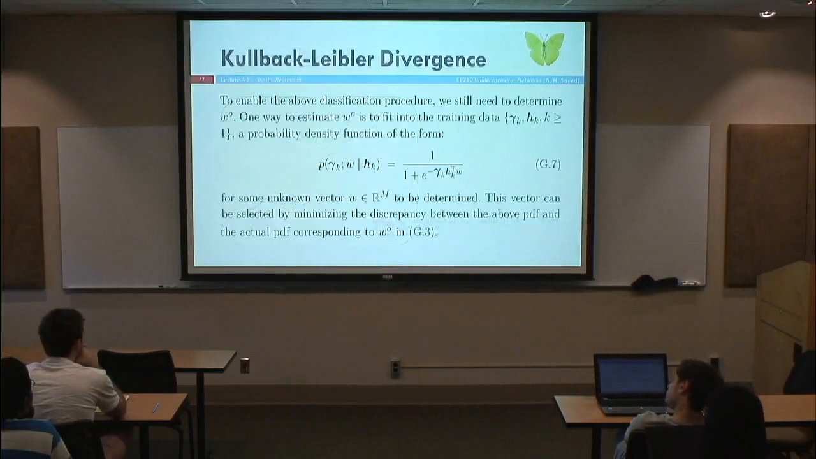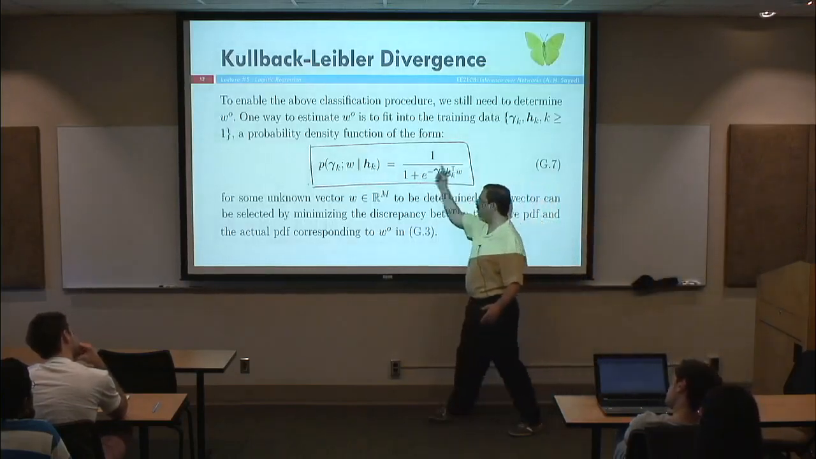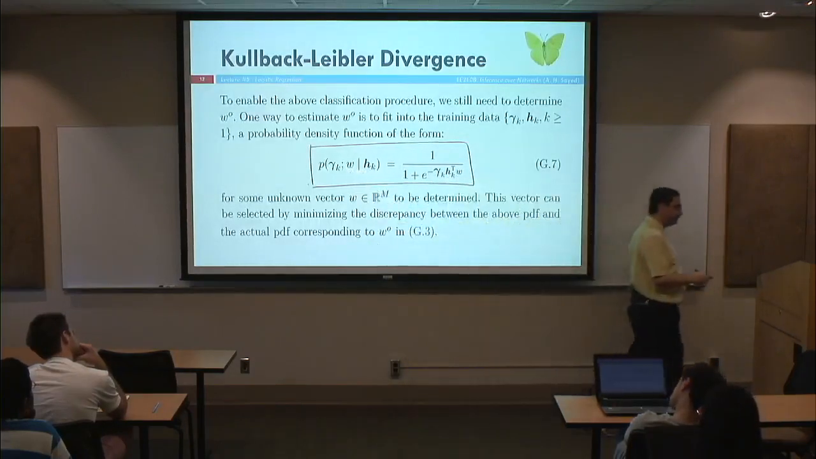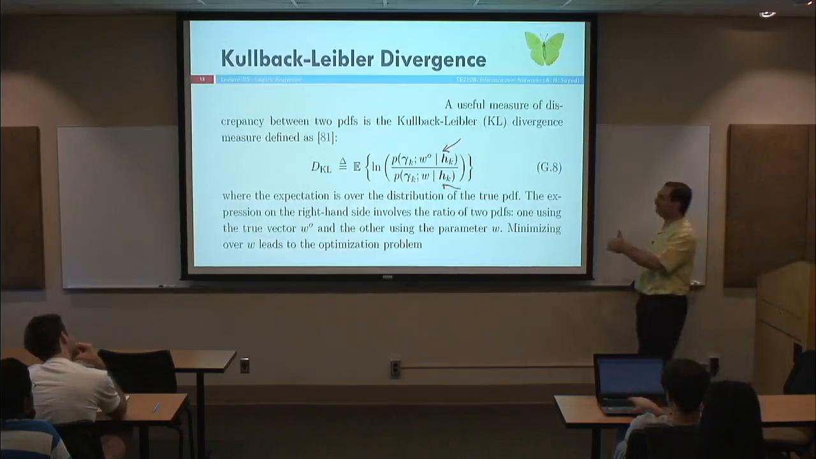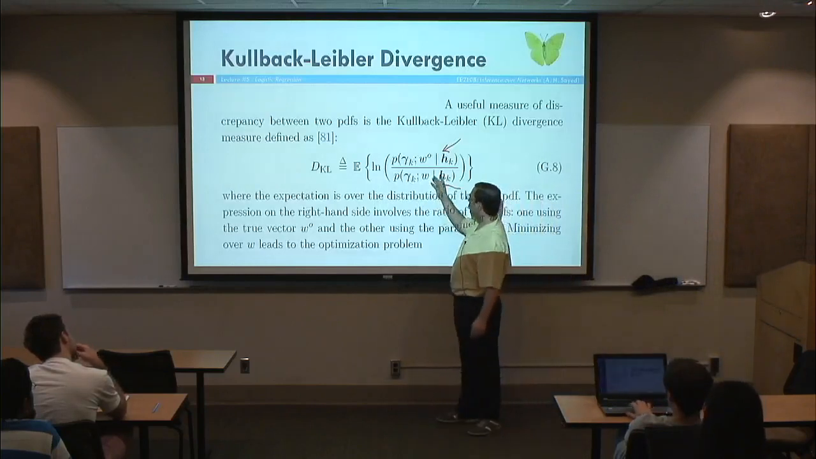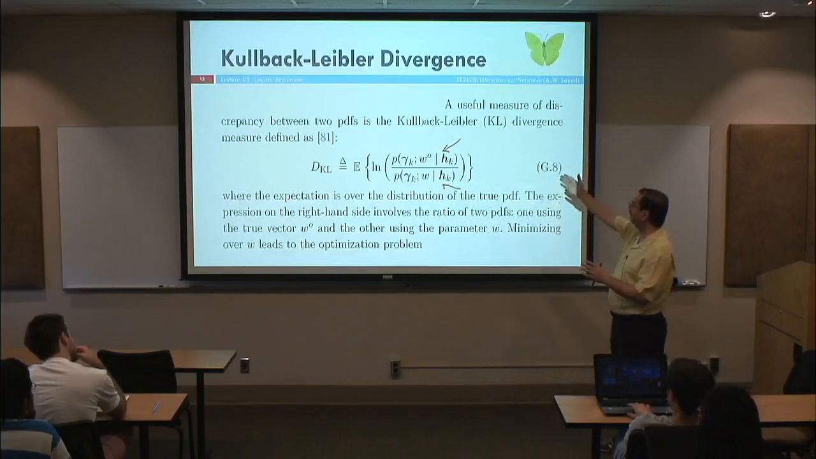One way to find omega 0 is as follows. You are trying to fit a logistic regression model to your PDF. You don't know what the unknown PDF is, so you have some unknown PDF and you are trying to fit a model to it. You are trying to find an omega such that the logistic PDF is a good approximation for the unknown PDF. One way to measure how close PDFs are to each other is by using the Kullback-Leibler